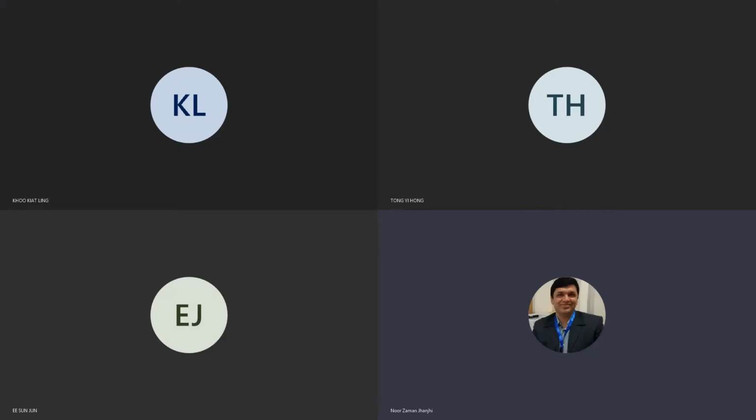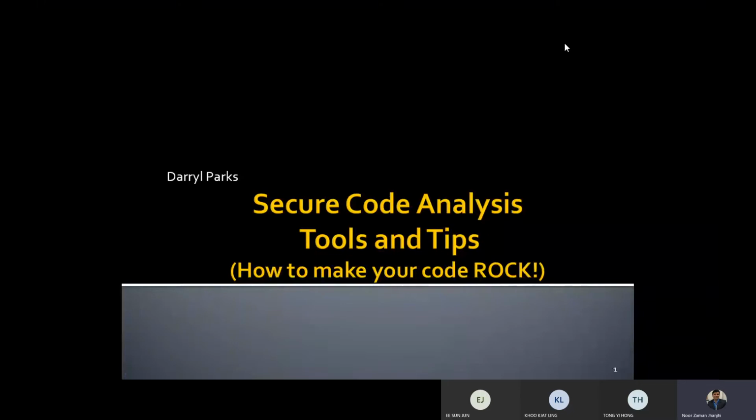We are going to discuss something related to secure code analysis tools and tips. This is something where you were using different tools for different purposes during your assessments. Here he will highlight what the different tools are and which are the better comparative